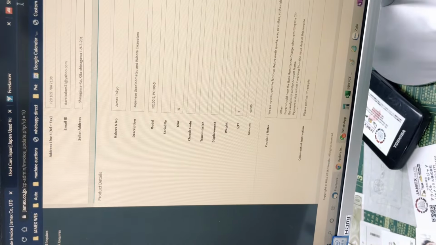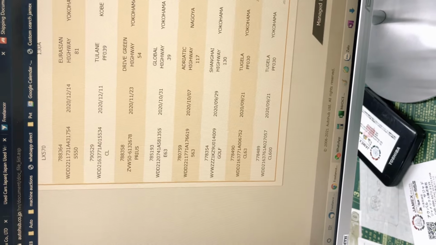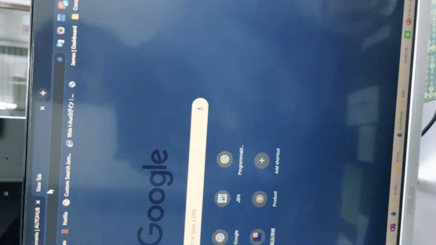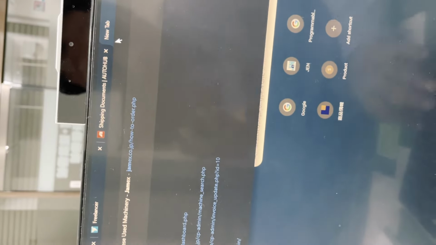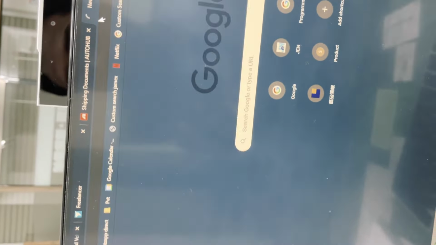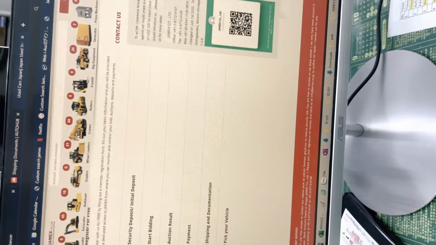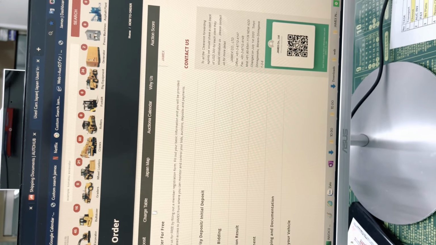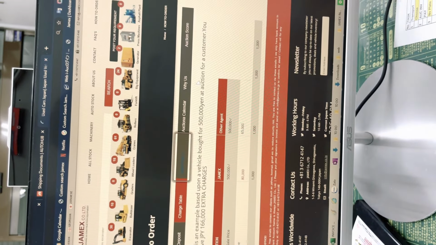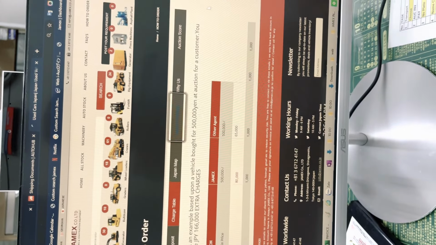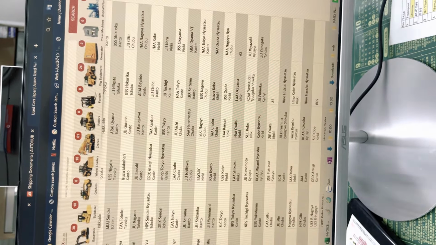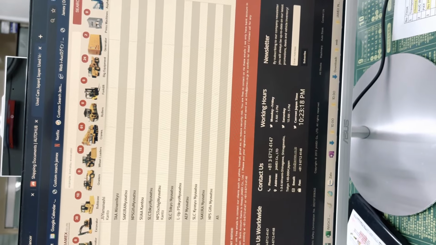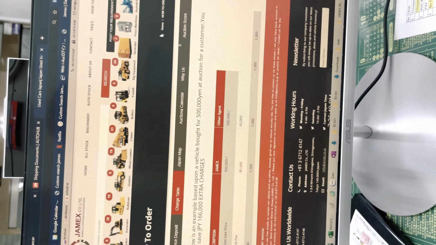And also one of the most important features we want to develop here is this. This is our website Jamex, and this is the auctions page. The auctions page now looks like this. We have a chart table, we have a Japan map, we have an auctions calendar. So what we want to do is add more pages here.